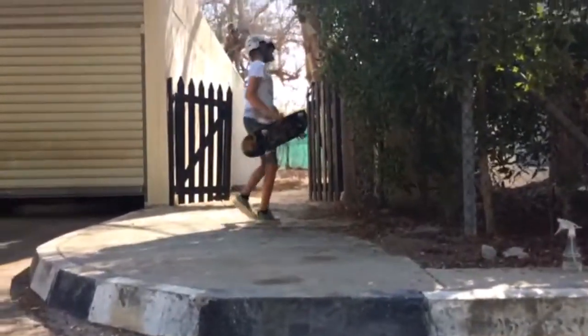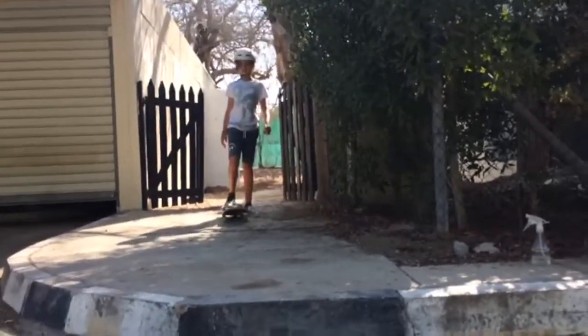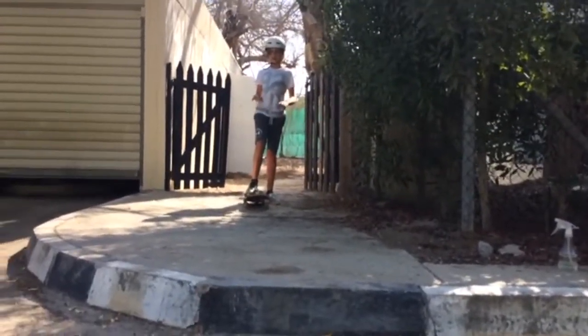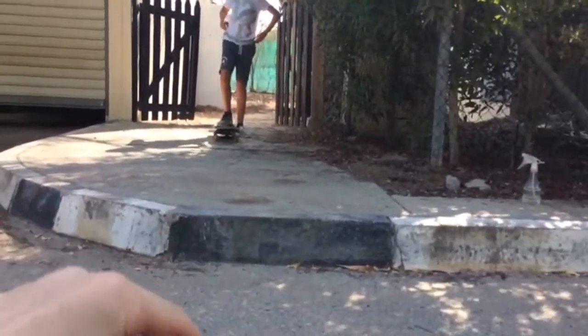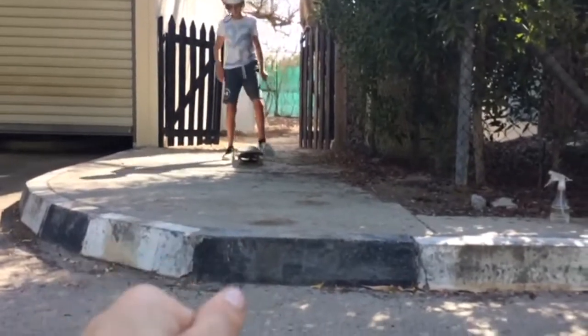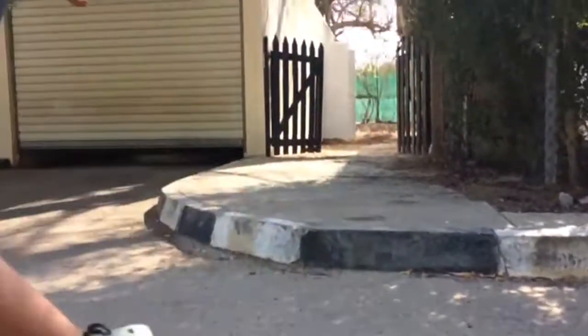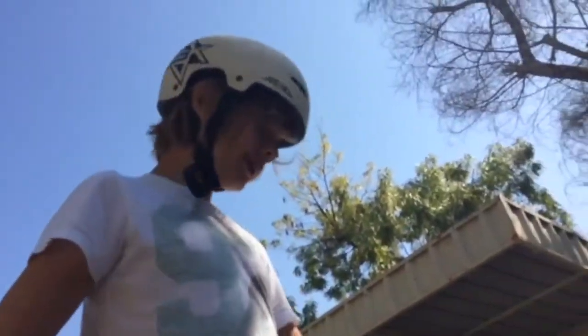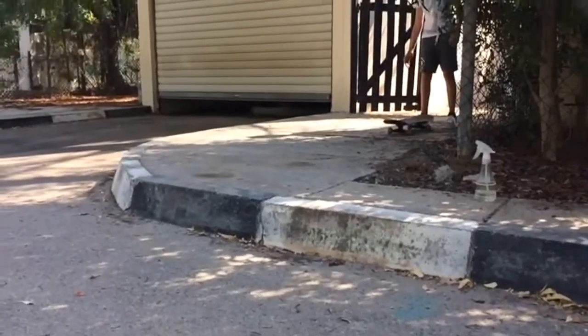So now for an example, this is me manualing off the ledge, how I taught you, and then I'm going to do how to not manual. Okay, so first Julian's gonna do a manual off the ledge, then after he's gonna do what it looks like when you don't manual off a ledge. As you can see, my board stayed flat even though my wheels came off the ledge. But if you do this